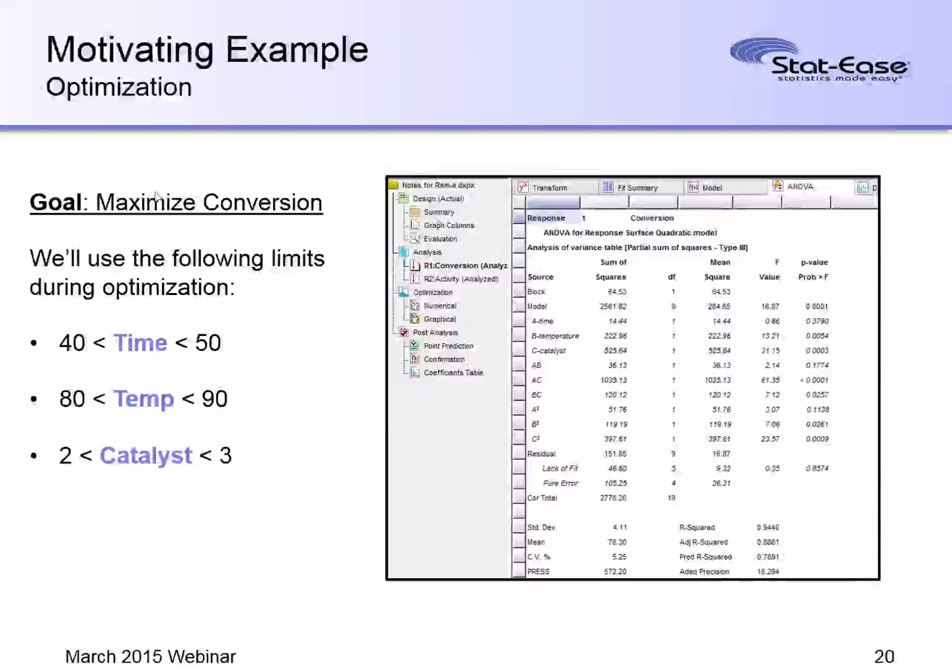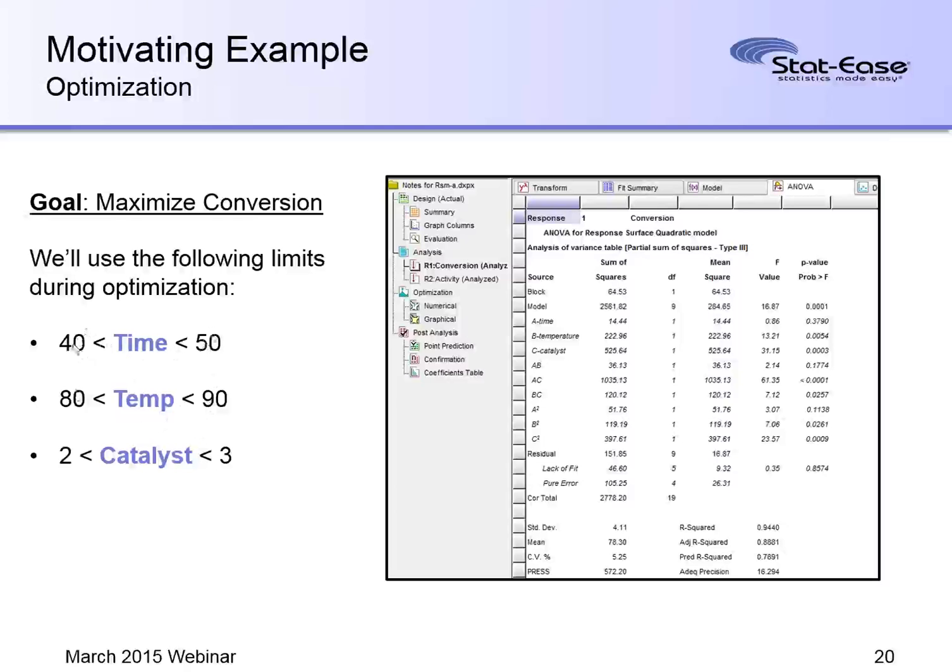And let's say, for example, that the experimenter wants to maximize conversion. Let's say that that'll lead to increased profits, that'll lead to a better chemical reaction. So we'll go ahead and use Design Expert 9 to find the combinations of time, temperature, and catalyst that will maximize conversion. And just for simplicity, this isn't necessarily the best way to do it, but we'll just search over the cube,